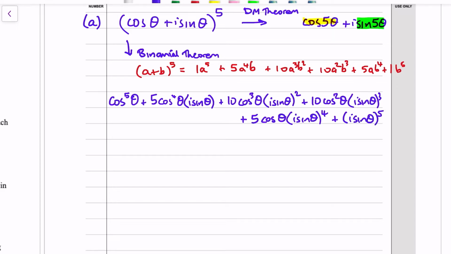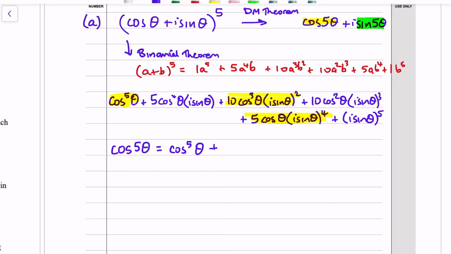Some of these terms are real and some of them are imaginary. The real terms in yellow: cos to the 5 theta. This term is real because there's an I squared in there, and I squared is negative 1. This term is also real because I to the 4 is just 1. So if we equate those, cos to the 5 theta, the real part of the expansion, must equal cos to the 5 theta